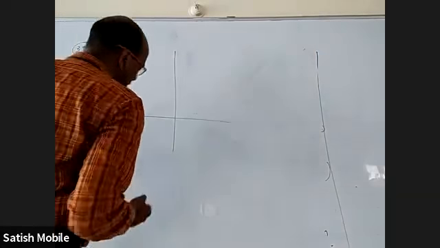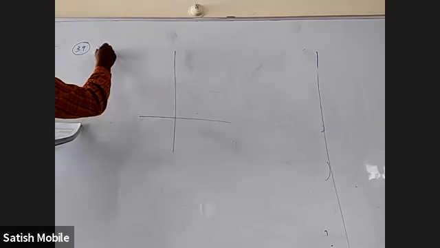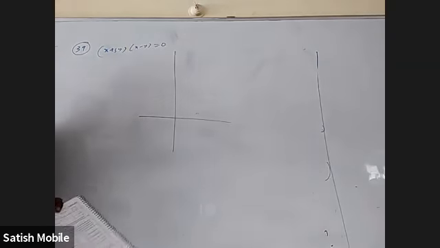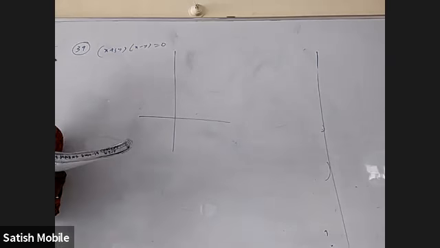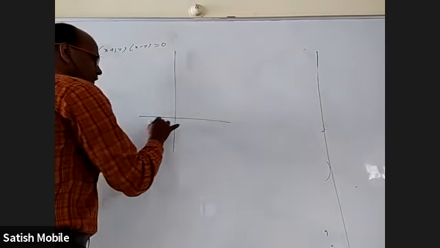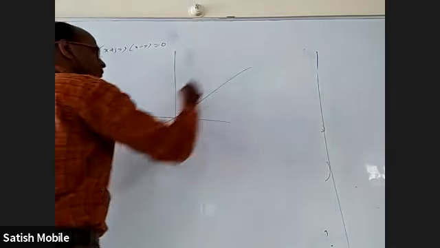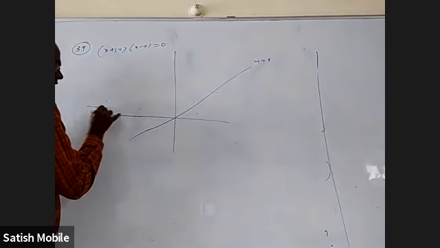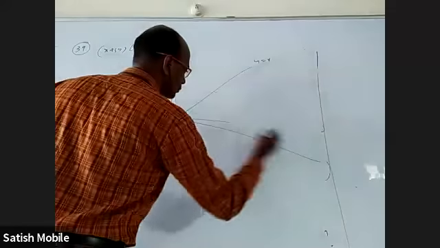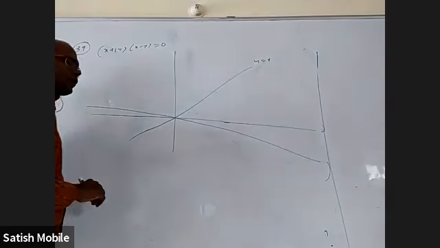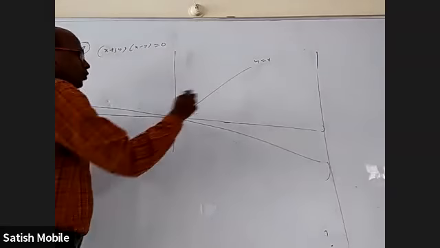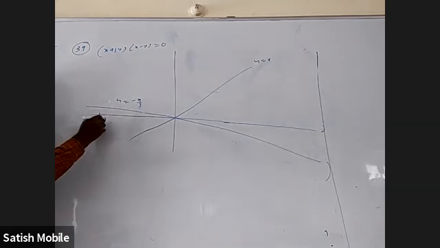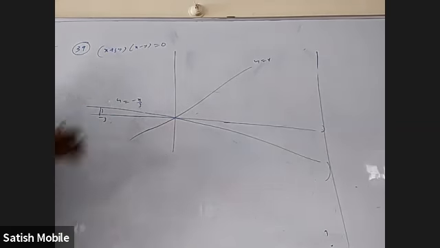If you actually separate the equation that they gave, it is actually x plus 3y into x minus y equal to 0. It is not just any specific curve, it is a pair of straight lines. You take y equal to x, and y equal to minus x by 3. If you construct properly what is y equal to x and what is minus x by 3 with proper slope, for example, at minus 3 this height will be 1, like that you should draw.